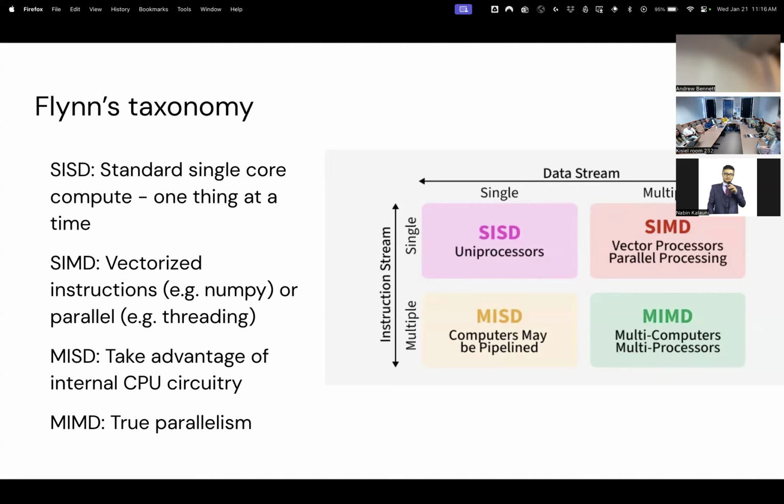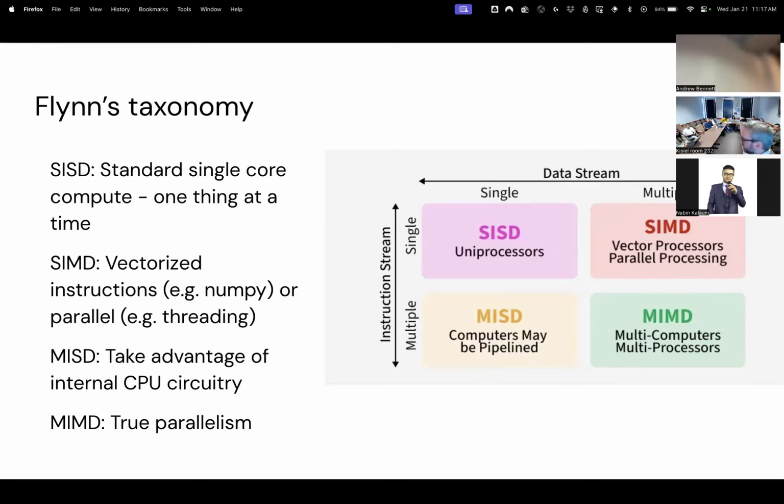There are also these other ideas that trade off between multiple data streams or multiple instruction streams. And so this idea of SIMD is something that anyone who's used NumPy, everyone's used NumPy here, right? Yeah, so if you've used NumPy, you've done SIMD computing. This is single instruction, multiple data. So if you add two big arrays together, basically under the hood, what happens is